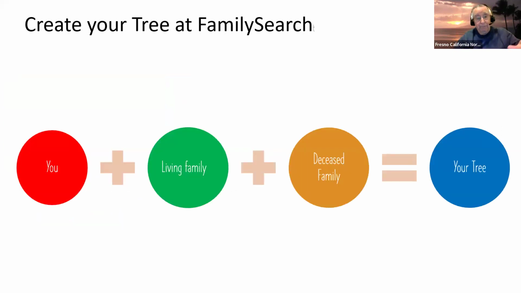Okay, so our job is going to be to get you in the tree, or whoever the person is you're working with, add their living family, connect them to the deceased family, and you have a tree. In some cases, it goes very, very rapidly. For others, they may have to add a lot of deceased people, but sooner or later, it tends to be that they tie in to those 1.6 billion people in the tree. And I say virtually every family will have that happen sooner or later, often sooner rather than later.